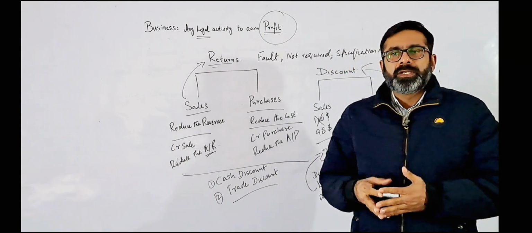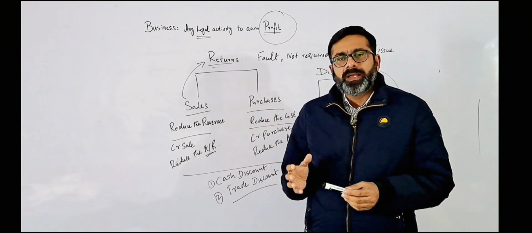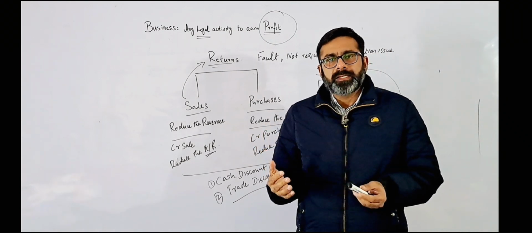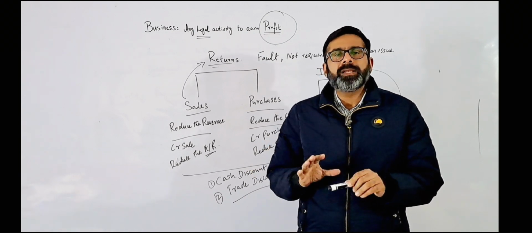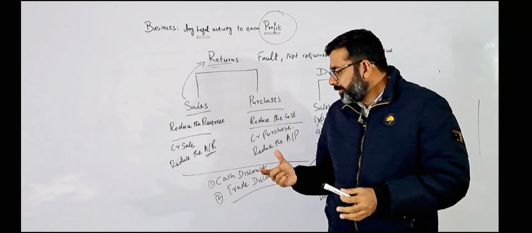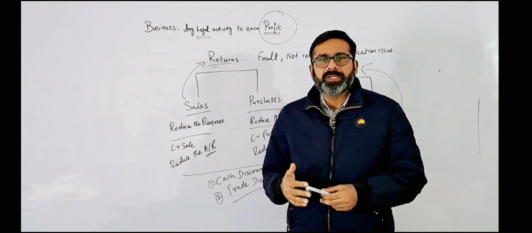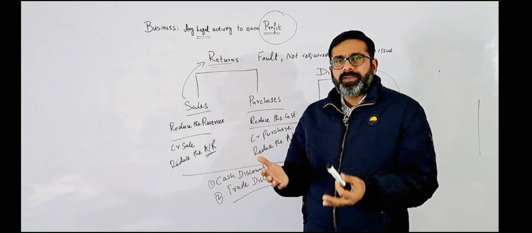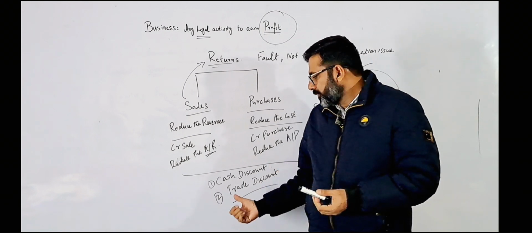For example, you go to the market, the price of a product is, let's say, $100. You negotiate with the seller and you agree on $90, $95, any amount less than 100. So it means at the time of trading, at the time of buying and selling, you are negotiating with the seller, so you are getting some discount, or again, if your customer is negotiating with you and you are giving some discount,